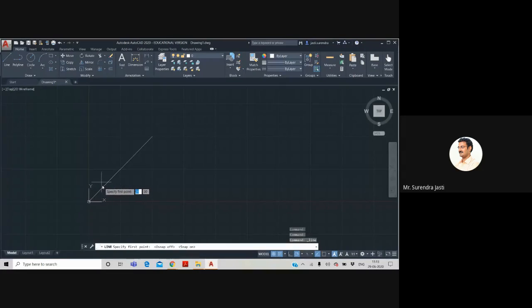See here, it is no decimals and the cursor is moving in steps of 10 mm. See this point 20 comma 30, 20 comma 20. So directly we can choose the point instead of entering the value in the keyboard. If you want to minimize the usage of keyboard and use the mouse, you can use this